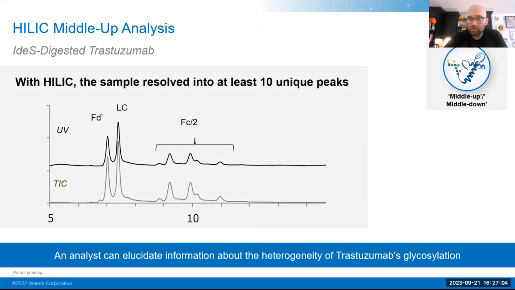So if we think back to the intact mass analysis, initially getting just a handful of peaks based off of the actual presence of a glycan, what we're seeing now is not just the presence, but the actual specific types of glycans start to pop up. And this is due to the fact that we're chopping up the protein, we're minimizing the reliance on the separations by the protein itself, and the glycans are now beginning to drive more and more of the separations. So we're able to see more, again, discrete peaks that are related to particular glycans, giving us the ability to identify these either through mass spec or then begin to track them through just a standard UV-based chromatographic assay.